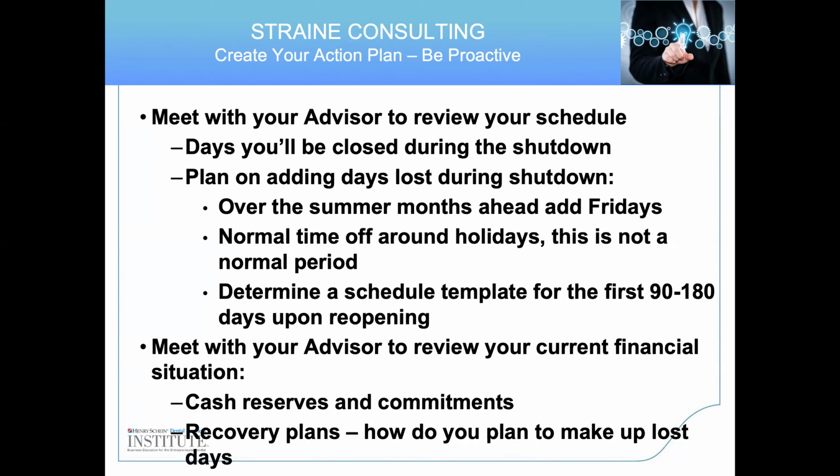So you're going to have to meet with your advisor, really understand what your state's saying, find out how many patients you've lost out of continuing care, find out how many people you've lost from restorative purposes. And as we move into July, your time off period right now for March and April and part of May is going to be your vacation, and you're going to be busy in the fall because your patients have a lot of need. And then determine what that scheduling template's going to look like in the first 90, then 180